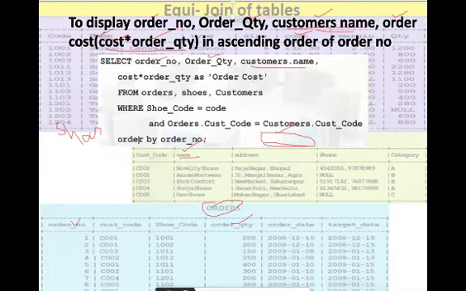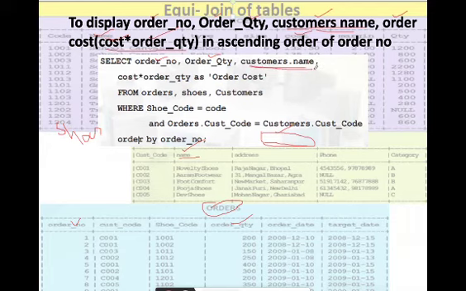It will be confusion whether this name is to be picked as this. If there would have been a different name, like shoe name here and cust name here or something like that, then we can directly write cust name or whatever you want. But here the columns have the same name. So to avoid any ambiguity, we have qualified that we want the name column from the customer table.